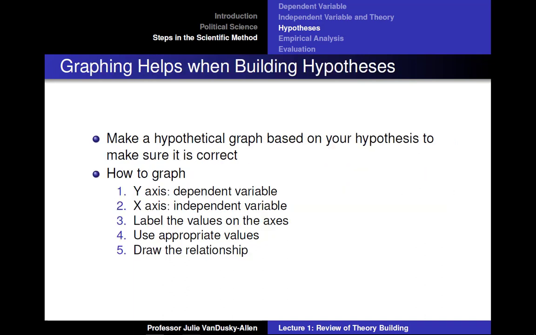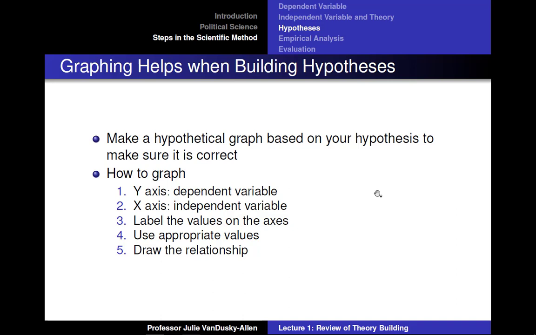If you are having problems determining whether you wrote an appropriate hypothesis based on your theory, you could draw a graph based on your theory/hypothesis to see if it is an appropriate hypothesis. On the y-axis, you would place your dependent variable, and on the x-axis, you would put the independent variable. You should label the appropriate values on the axes and then draw the hypothetical relationship between your variables based on